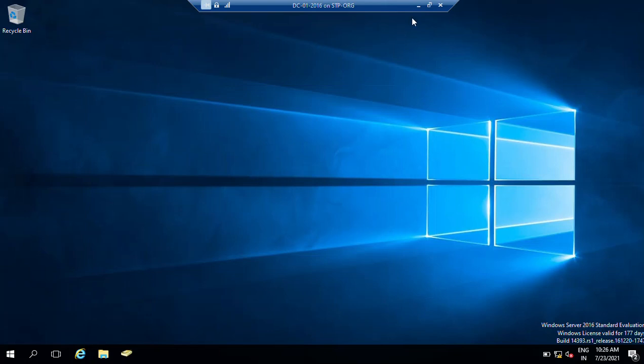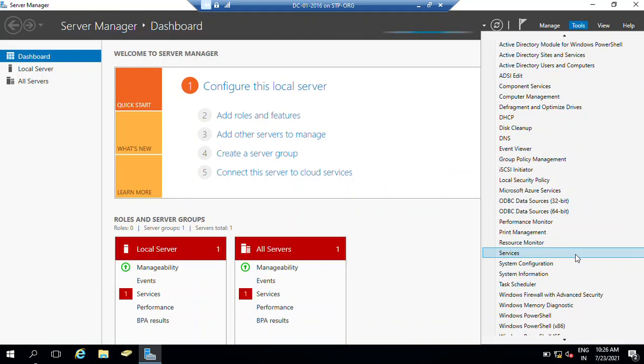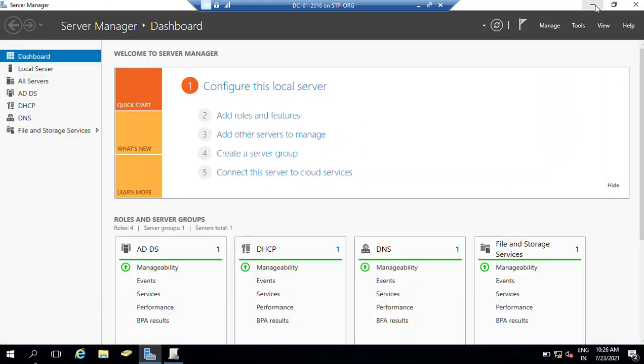So log on to your domain controller, open Server Manager, click on Tools and select Group Policy Management, right? And also I'll let you know that